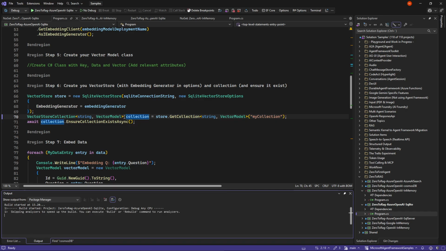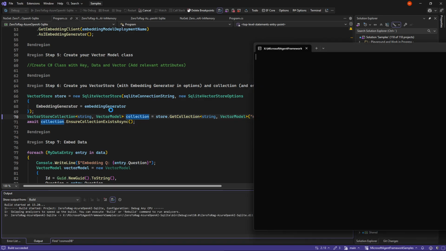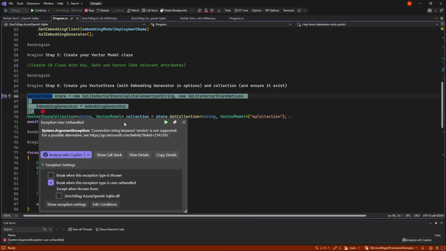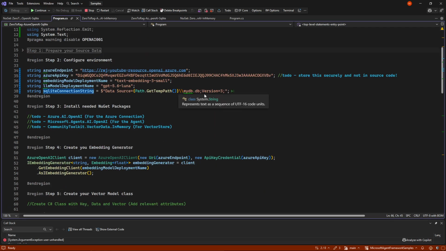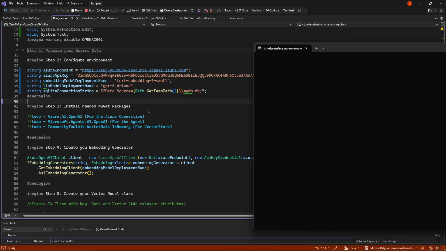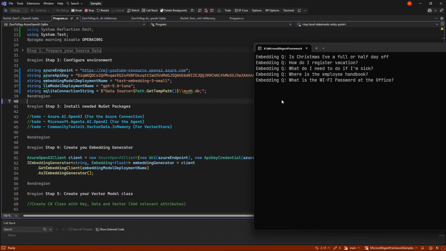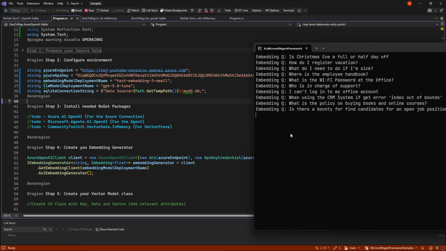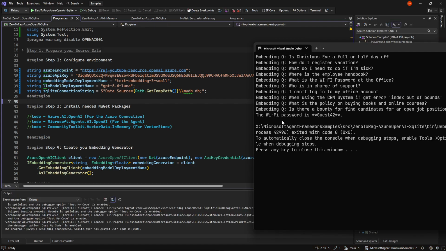We run it, it will actually fail. And let me show it. And it's fairly simple. It says just that the connection string with version is not supported. So we just need to go up and take that away because it will put it in by itself. Once we do that, our embedding begins like before, and we end up with our answer.